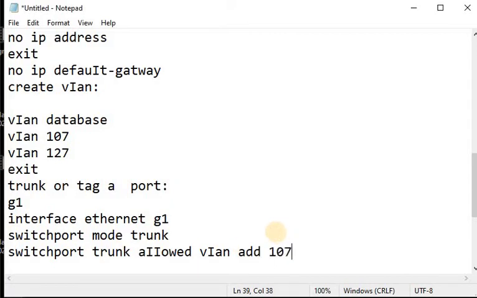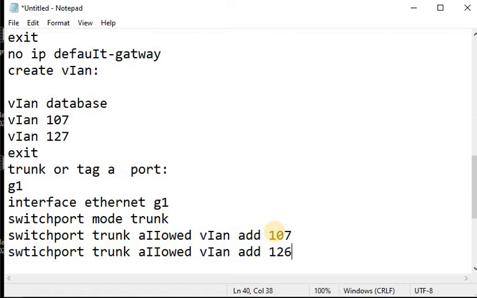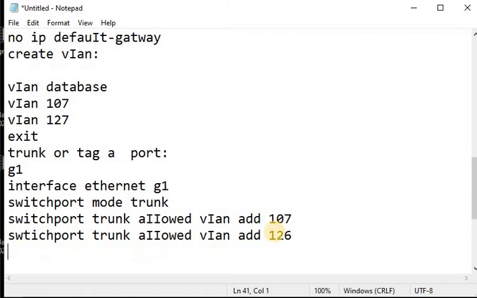So VLAN 107 will be allowed through G1. Similarly, you can type trunk allowed VLAN add 126. Both of the VLANs are allowed through G1.